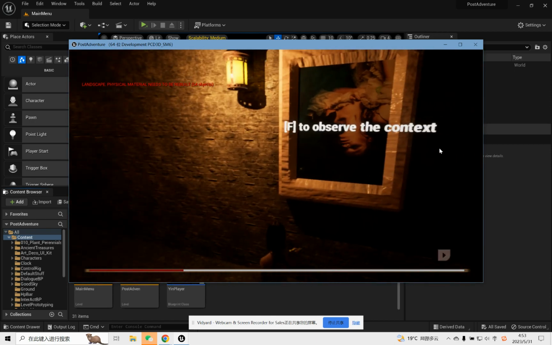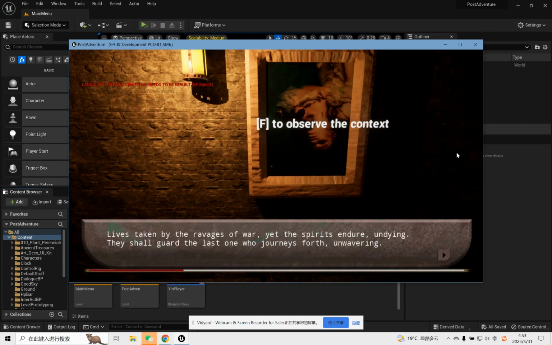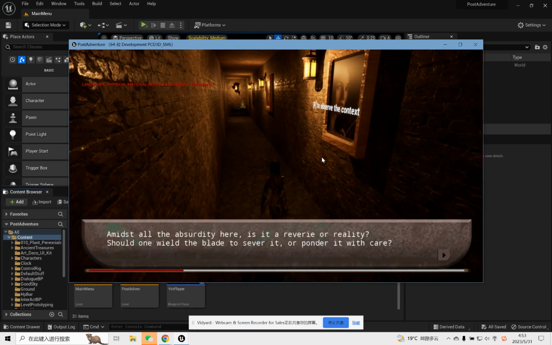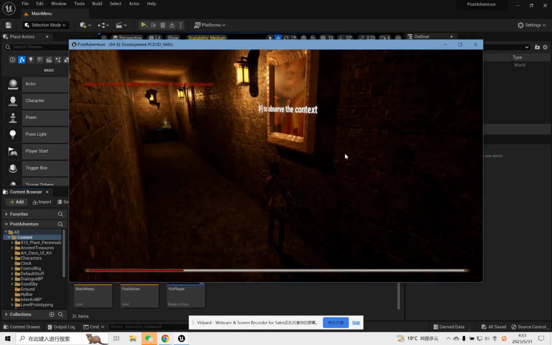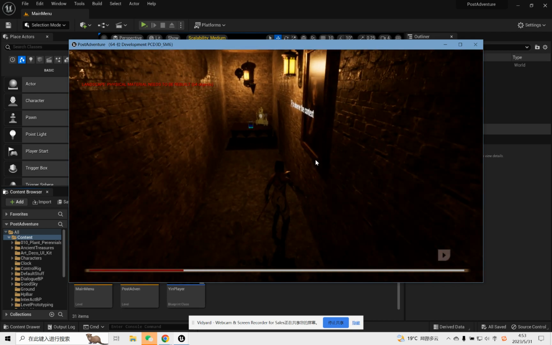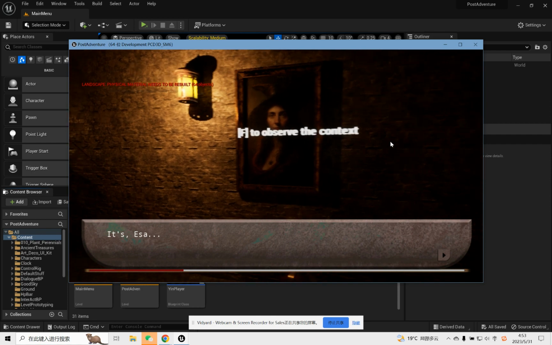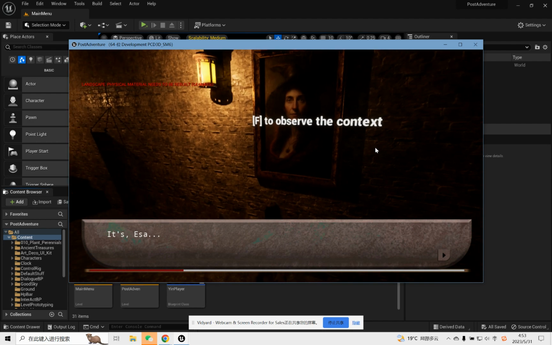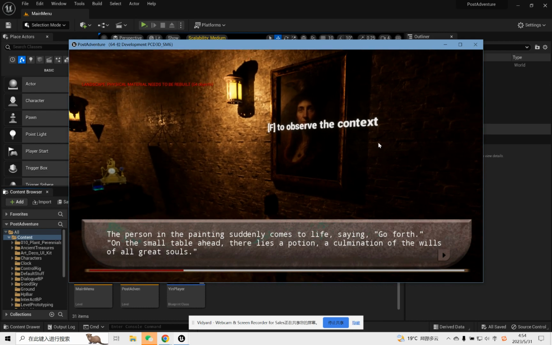And ooh, what's going on here? A portrait of some kind of woman lying down. What does that mean? This is the portrait of Isa, the one who should be buried above, and the one who left the manuscript. She is now in the portrait. We have no idea. Maybe